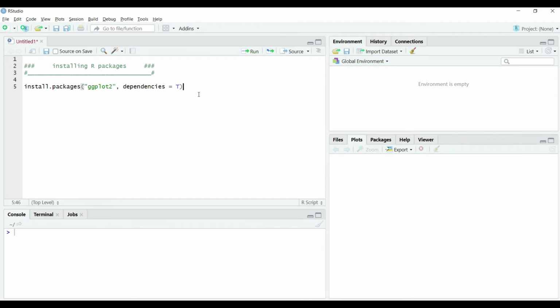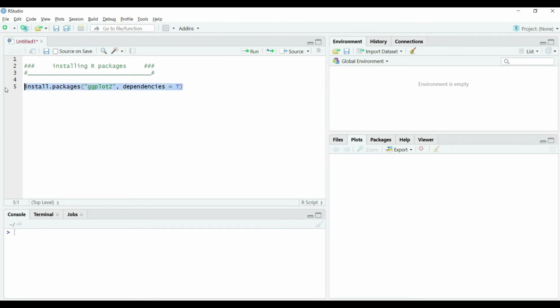Please note, if the package is not available on CRAN, the function will return an error message that the package is not available. This might happen when the package name we typed is not in the same format as the package name on CRAN. Be advised and be careful, R is case sensitive. So please take care of case sensitivity in R.